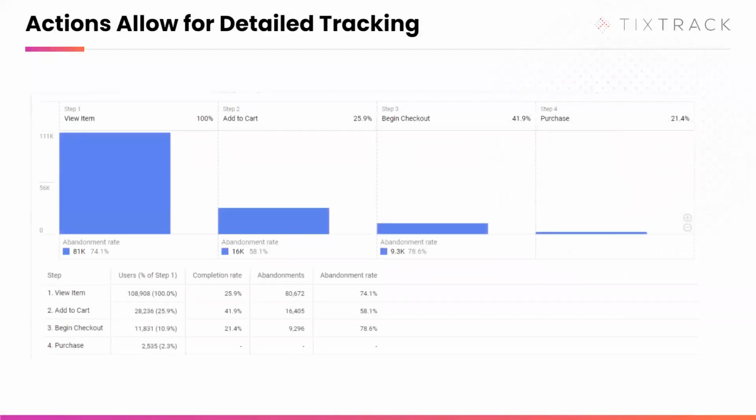And so with that information, just looking at some sample data that we had, this is what I call a funnel stepper. Basically, where did people view an item? So 100% of the people that actually got into my funnel viewed an item, since I started my funnel at view item. 25.9% of those actually added something into cart. And again, I could segment this even further if I wanted. Of that, 41% of those people actually began the checkout process, and then 21% actually finished that overall conversion.